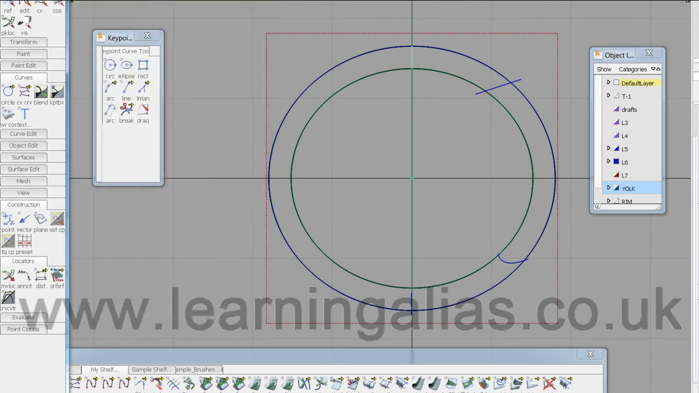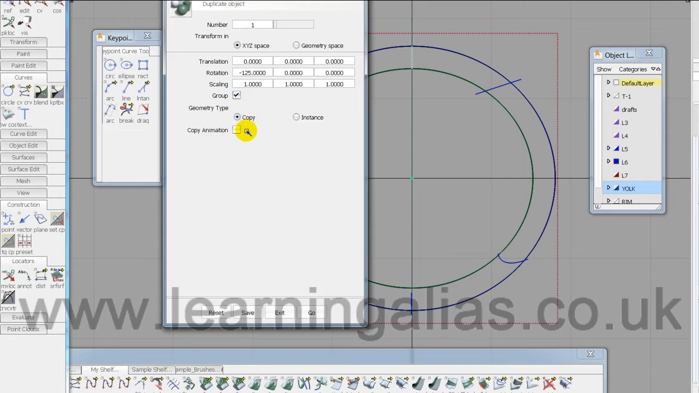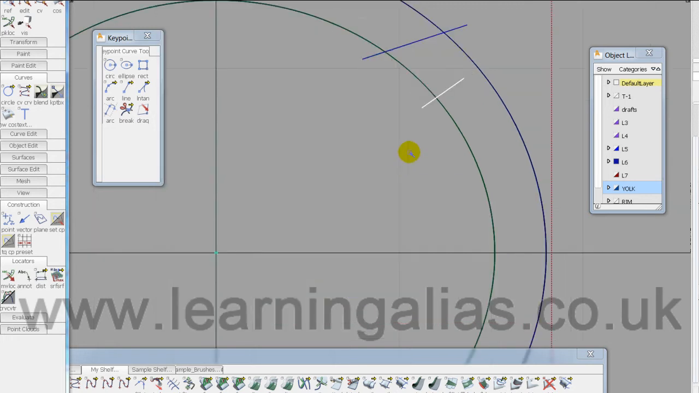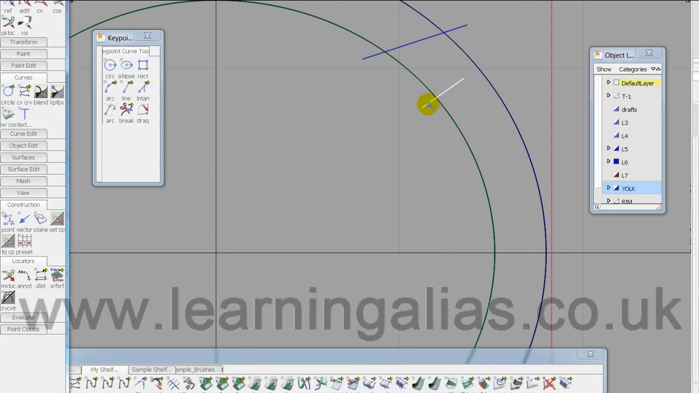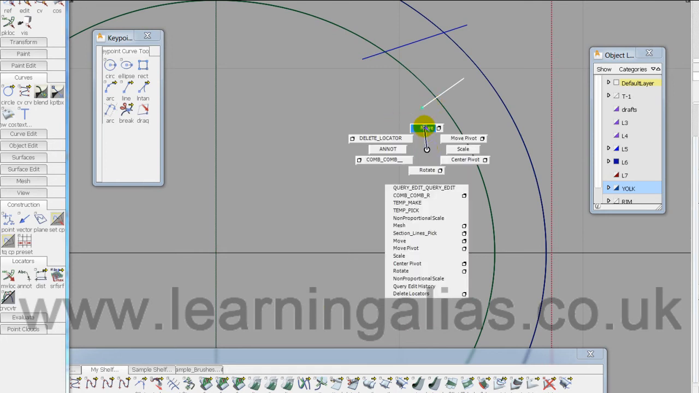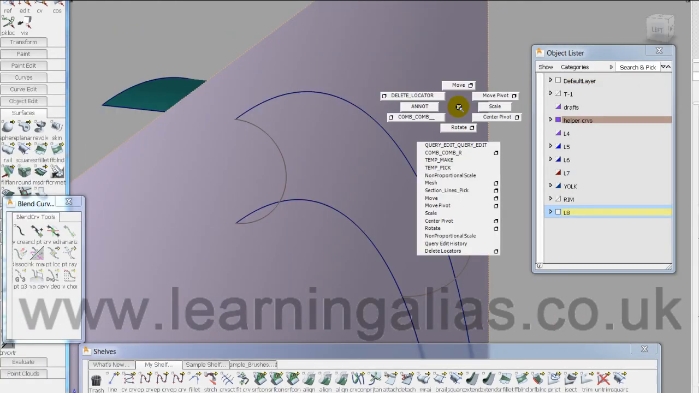And let's go to Edit, Duplicate, Object. We want one copy, and so it's copy, not an instance. And we want to rotate here on X minus 55 degrees, and I'm going to actually move its pivot for the moment, so just snap the pivot there, curve snap, and then pick move and snap the curve to there. Let's just template this